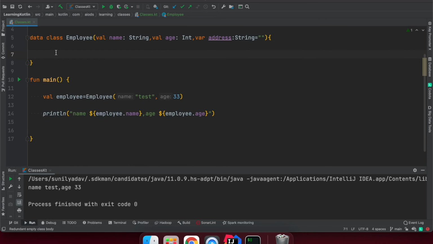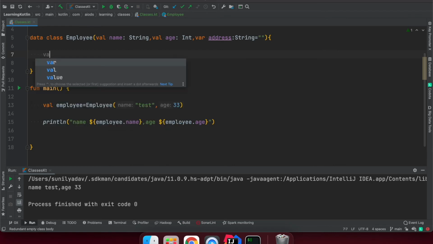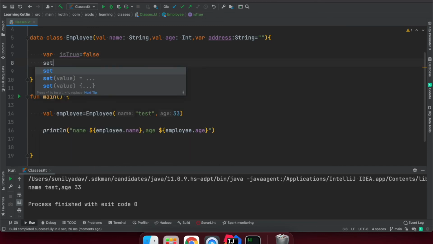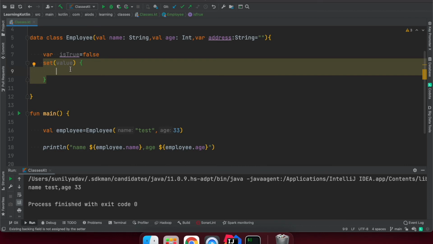But let's see, suppose you want to declare some variables and initialize some value for it. So I'm going to say var isTrue is equal to false, right? Some variable, and how can we create a setter getter for this one? So we have set, we need to put here set value, and let's do isTrue is equal to value.